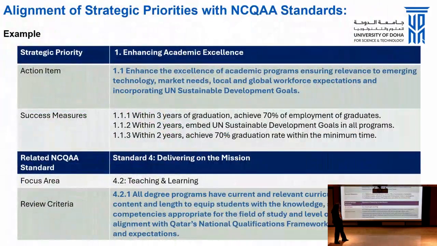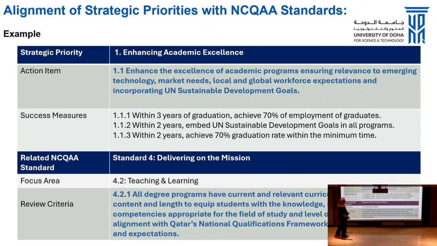Okay. I've got an example here for you from our strategic plan. We have what we call strategic priorities, and you'll find those in the strategic plan. There are action items and success measures. When you're looking at the standards in the NCQAA, you'll see that there are specific standards like 4, which talks about delivering on the mission. The focus areas, teaching and learning, and the review criteria, which I spoke about earlier. There are 48 review criteria. This particular one talks about degree programs and how